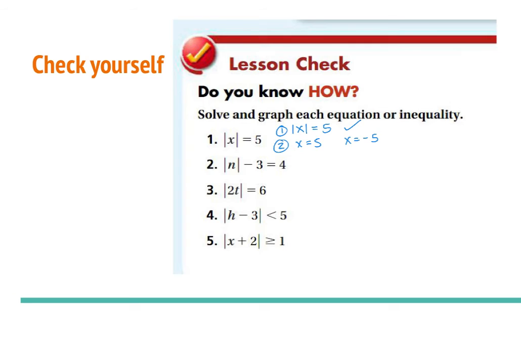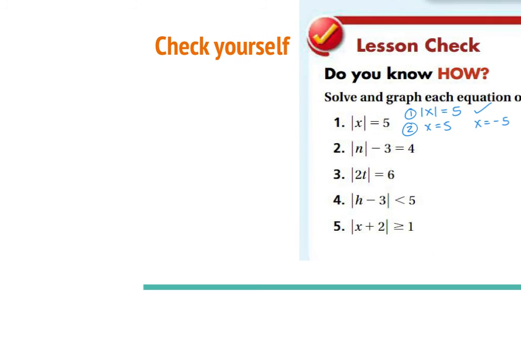All right, next one. We're going to graph it. Here's 0, here's negative 5, and here is positive 5. x could be positive 5, x could be negative 5. Very nice. All right, number 2. I don't want to run out of space, so I'm going to put number 2 over here. Absolute value of n,